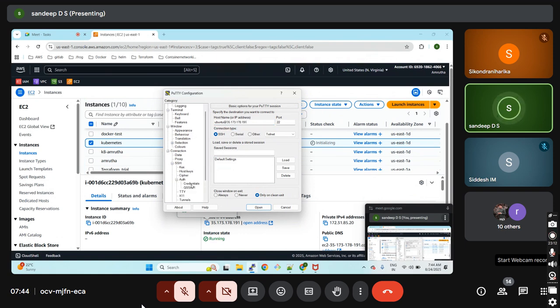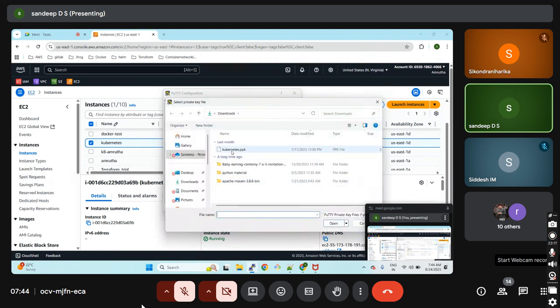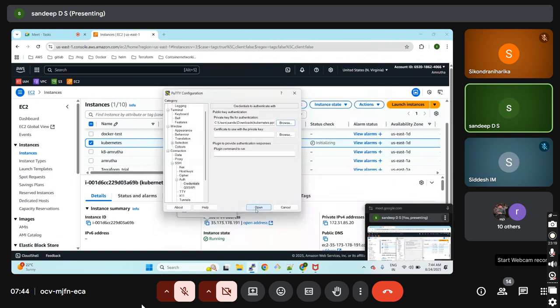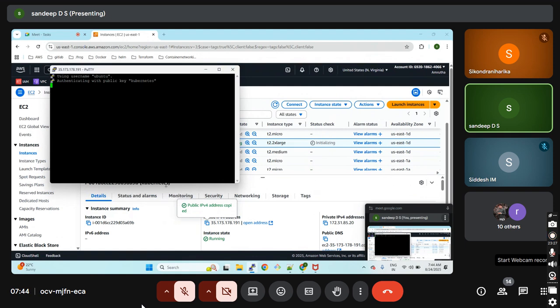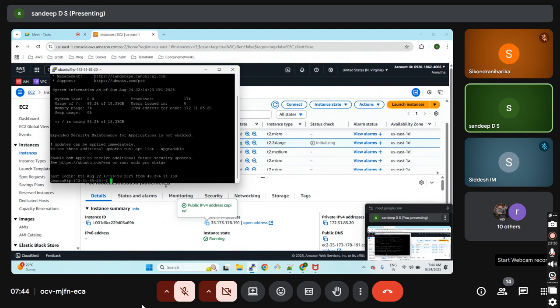I'm just logging into that server. So make sure that you have installed Terraform, everyone, right? Let's keep accept. Okay, now